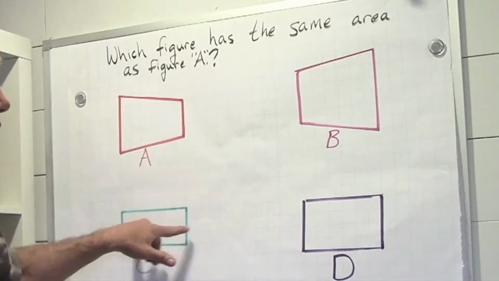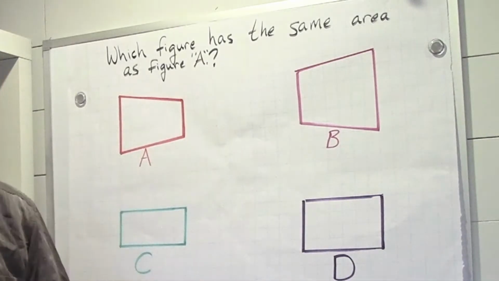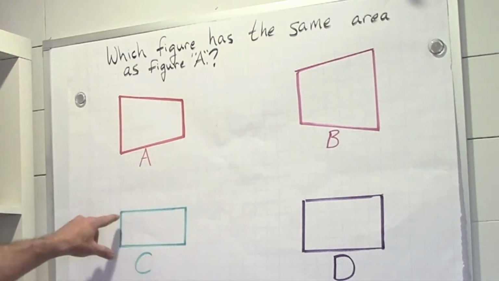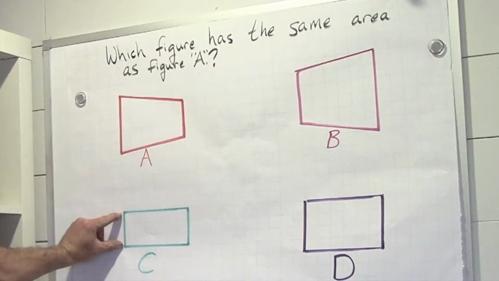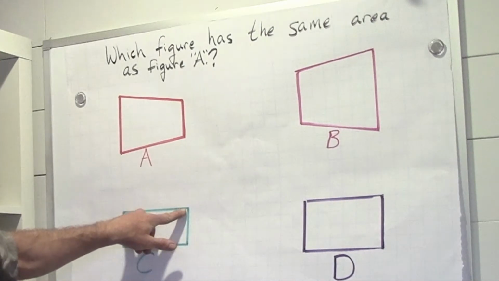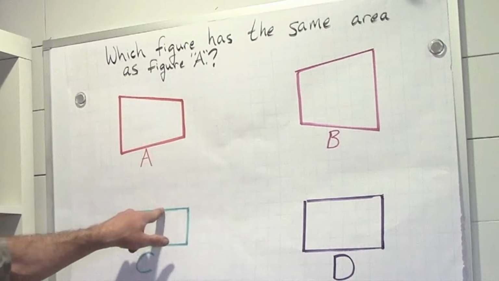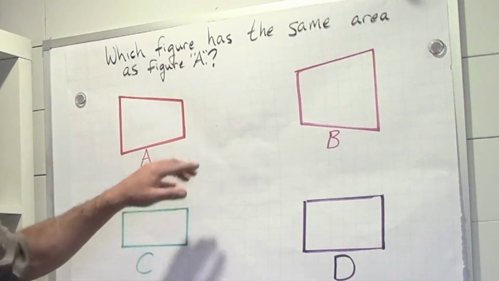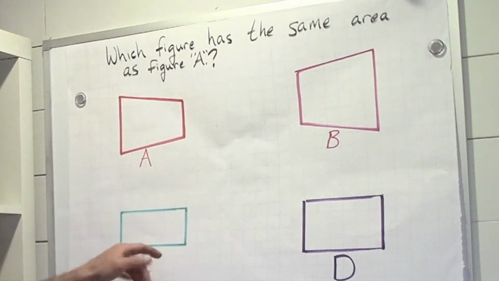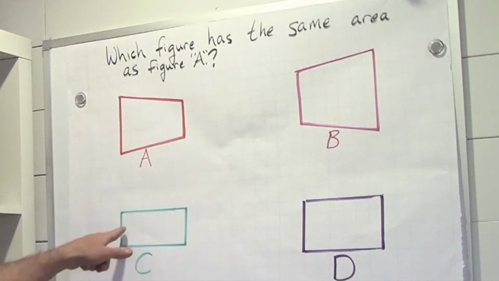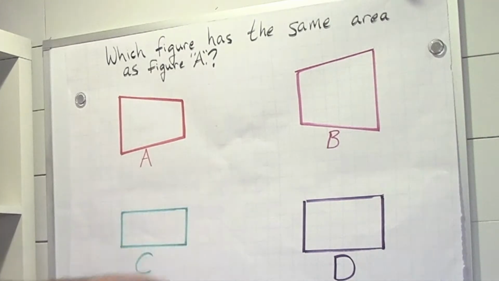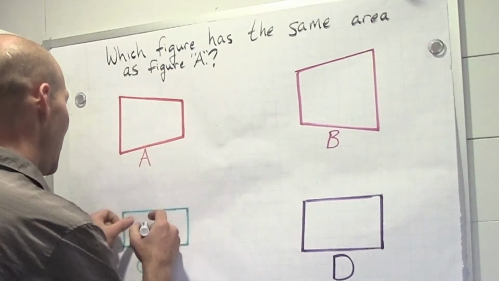Now we've got 2 rectangles, which are pretty easy to find their area. This one has 3 units on this side, 6 units on the top, and we know that the base times the height of this would be 18. We can just count them up: 6, 12, and 18. So we have 18